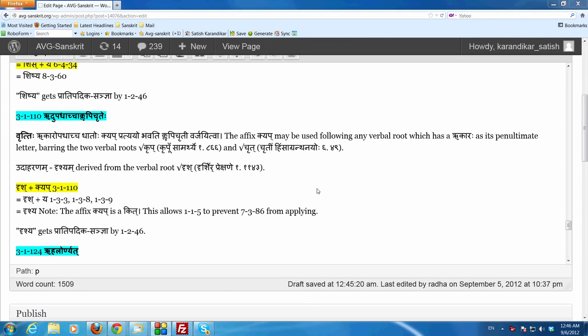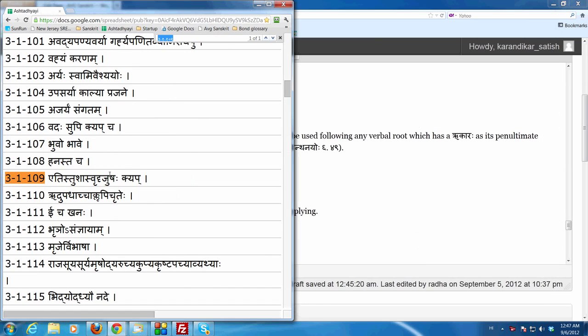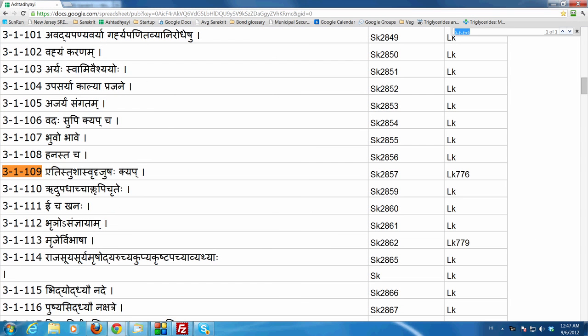Let us now look at a simple sutram which is an extension of 3.1.109, which we just looked at. And this 3.1.109, if you recall, is "eti stu shas vru dru jashaha kyap". It prescribes the affix kyap following these six verbal roots. And now the Sutram 3.1.110 extends the application of kyap, the affix kyap, to verbal roots which have a